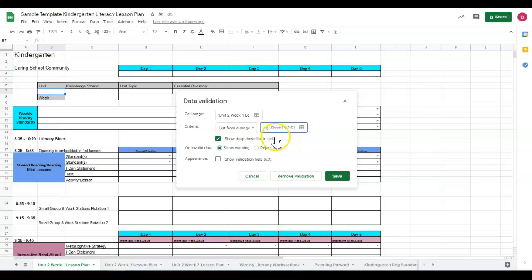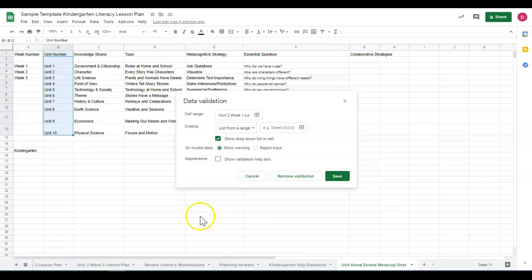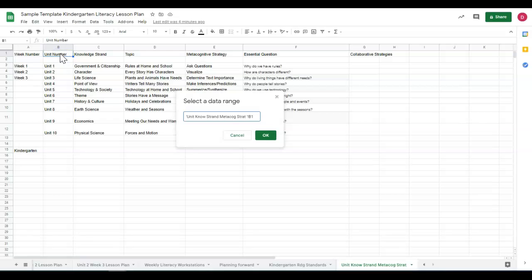What we're going to do is leave this sheet open, but go to the page where we want our drop-down, where we have identified our drop-down menu. You need to first click back in the cell so it'll know that you're identifying the cells that you're going to have in the drop-down. Start at the top, scroll down to the bottom of what you want to have in your menu, and now click OK